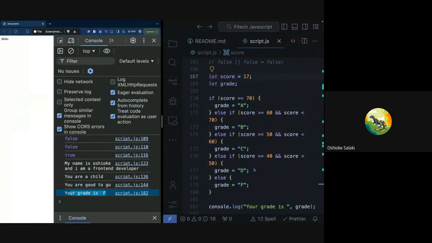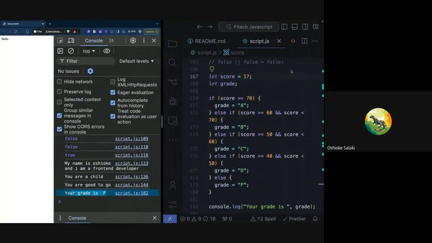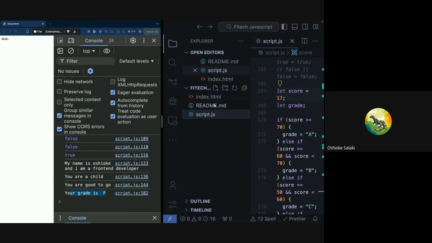So is this clear? It's clear, right? So yeah. So is there any question? Okay, so if there's no question, we can move on to the next thing,